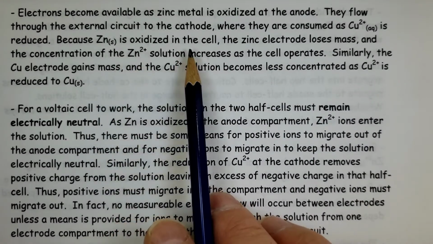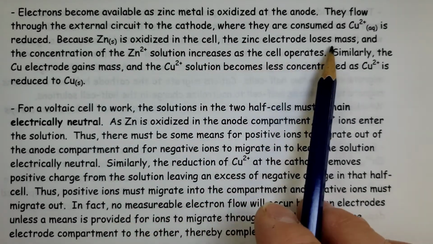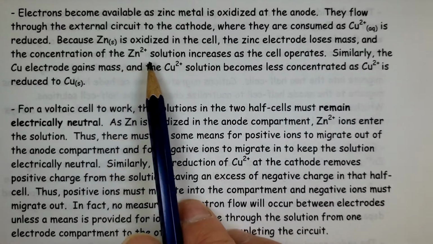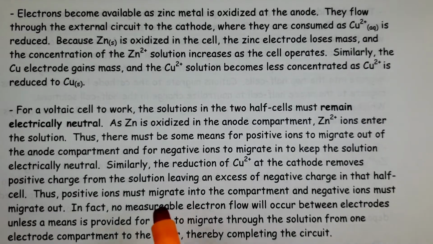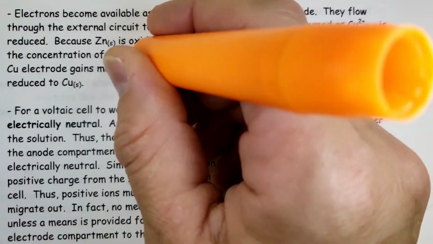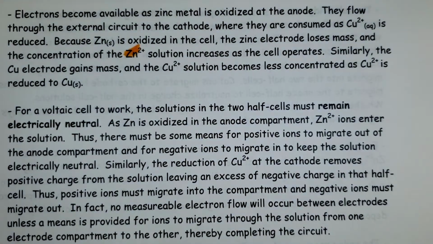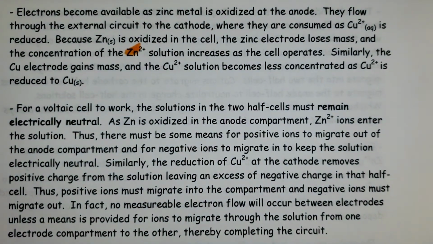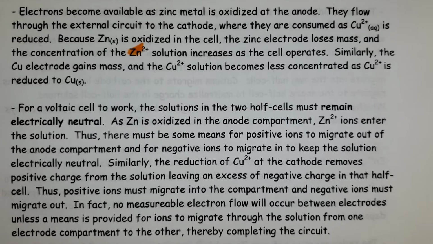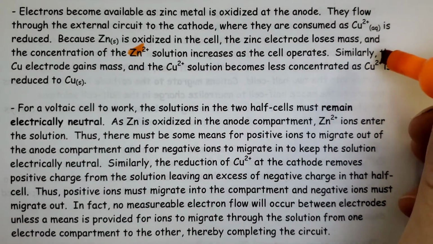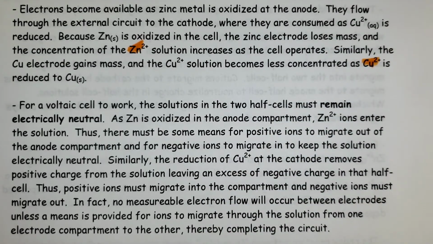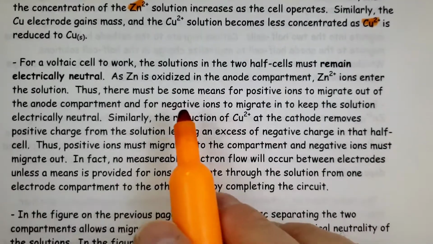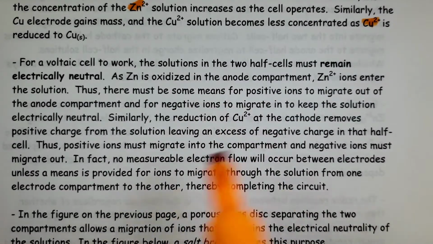Because zinc is oxidized in the cell, the zinc electrode loses mass, and the concentration of zinc ions increases as the cell operates. So in the beaker that has the zinc solution, we're going to get these increasing. Similarly, the copper electrode gains mass, and the Cu2+ solution becomes less concentrated as Cu2+ is reduced to solid copper. For a voltaic cell to work, the solutions in the 2 half cells must remain electrically